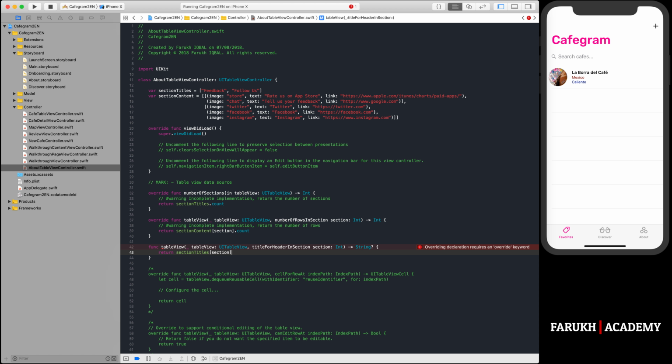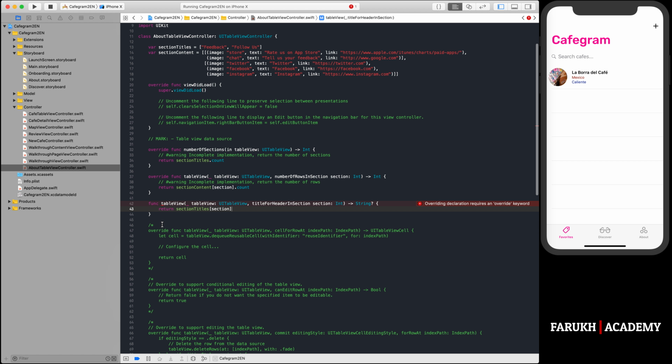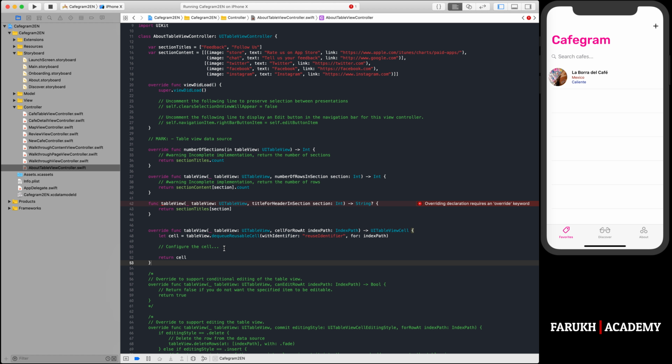Lastly, implement the cellForRow at method to set the text label and return the cell. Okay, here, so first you can uncomment the method. Okay, and then here we are going to use our own identifier, which is about cell. Okay, and then we can write there,